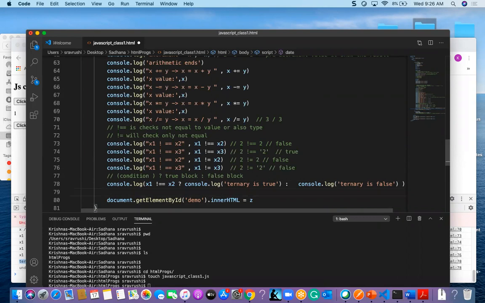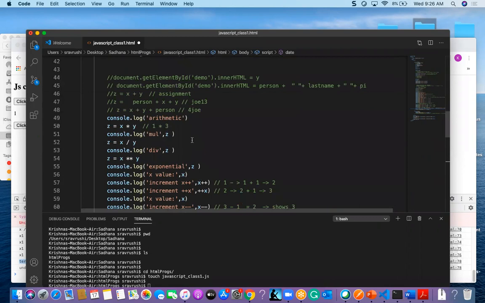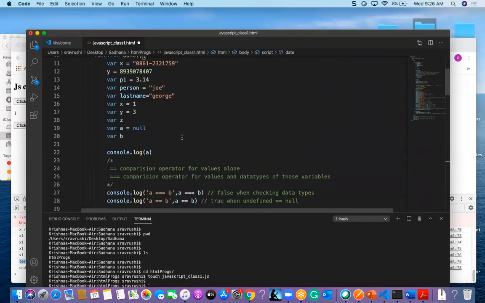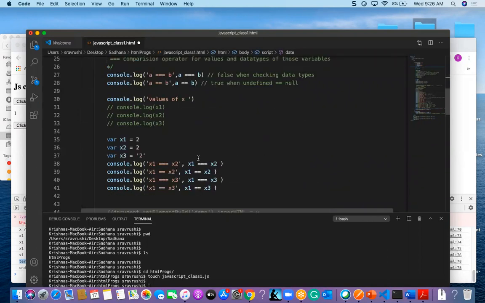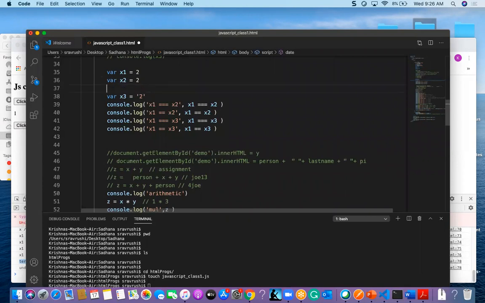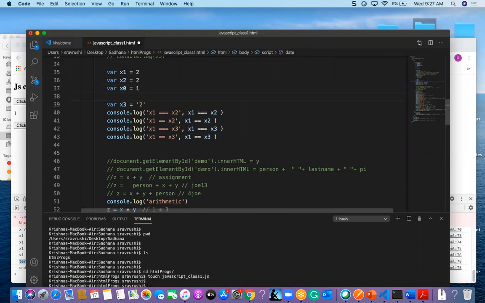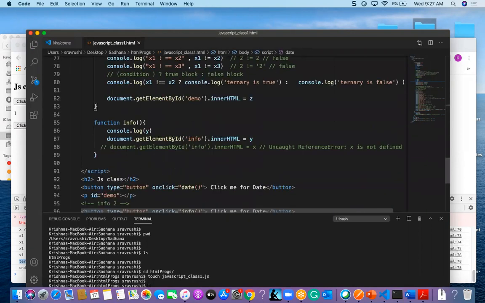And also we have a few comparison operators, like less than or greater than. So let us take here x1 and x2, and let us take one more, x0, and give that value as 1. So now I am going to use a few comparisons, less than or greater than.